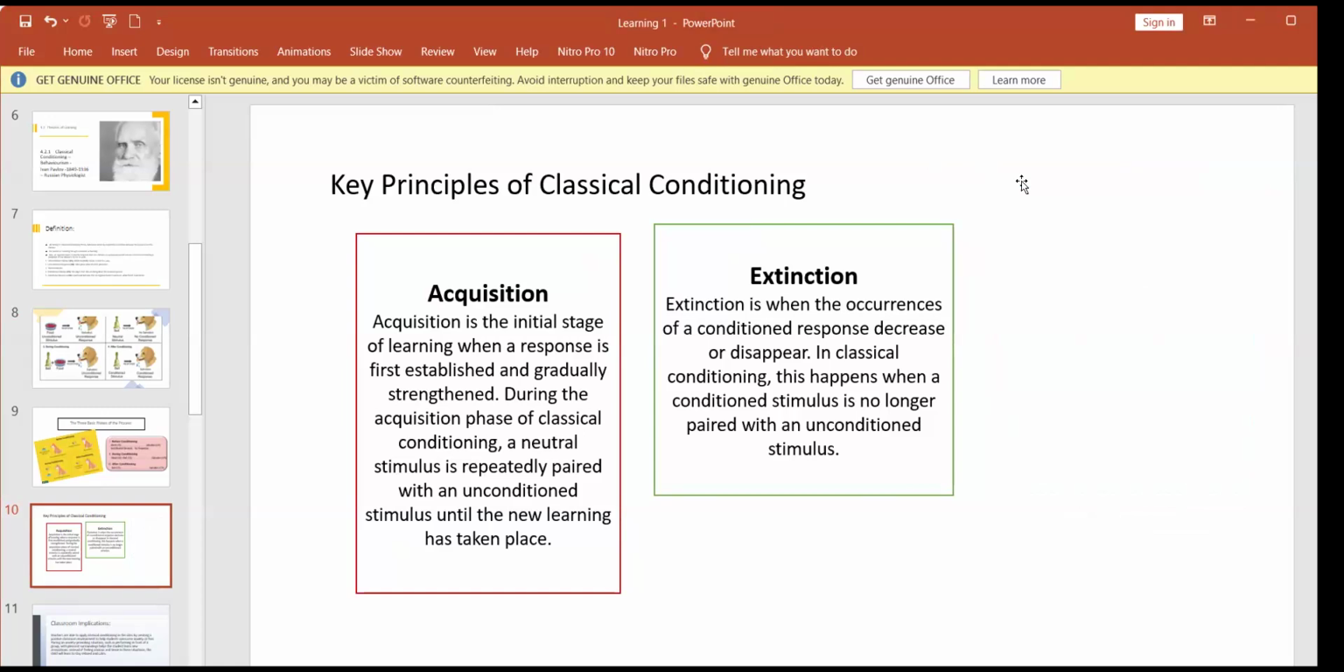What are the 2 terms, dear? Acquisition and extinction. What is acquisition? Acquisition is transforming a neutral stimulus into, you can complete now. Acquisition is transforming neutral stimulus into a